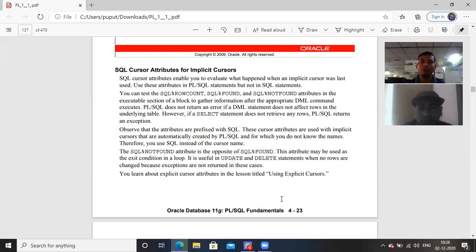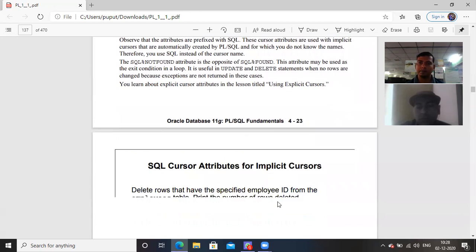This attribute may be used as the exit condition in a loop. It is useful in update and delete statements when no rows are changed because exceptions are not raised in this case. You learn about explicit cursor attributes later, in the explicit cursor chapter. तार on explicit cursor जो चैप्टर टा आसो सेतरे हमें जानिबा explicit cursor टा मोर विषय हैला